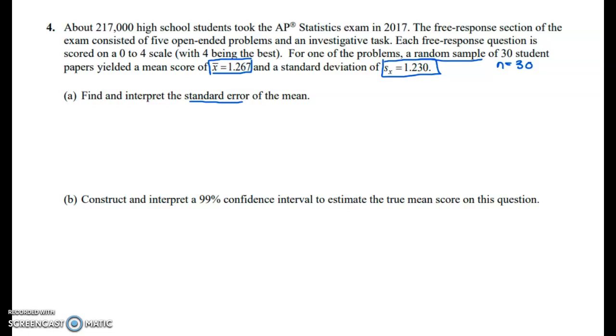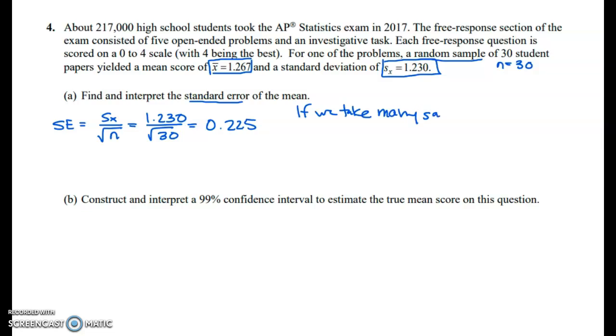And again, we mentioned standard error before. You can actually go to your formula sheet and see the equation. It's not something you have to memorize. And you're just going to plug in those values. So plug those all in, you divide, and you get approximately 0.225. It does say interpret. Again, we haven't been interpreting in a while, but this would say if we take